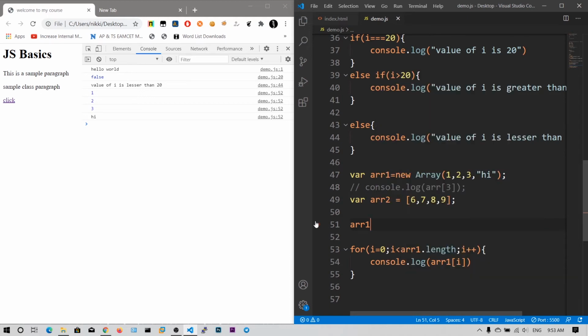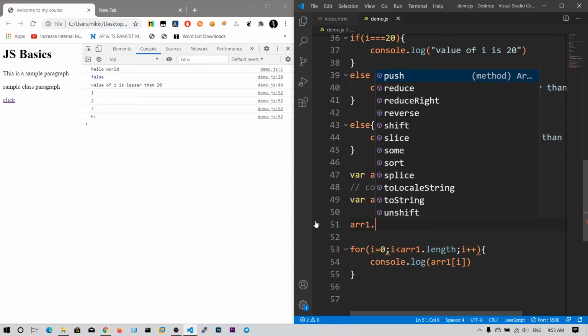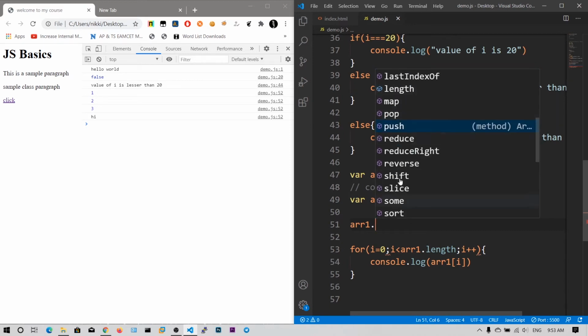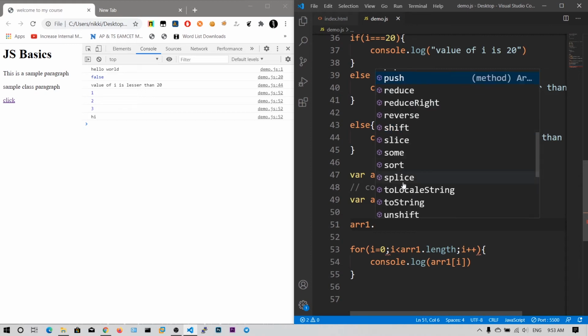One thing I need to show is, if you type array object dot, you can see Visual Studio has been showing me some methods of that array object. You can see the length, and these purple cubes are the functions, and these blue cubes are the variables.